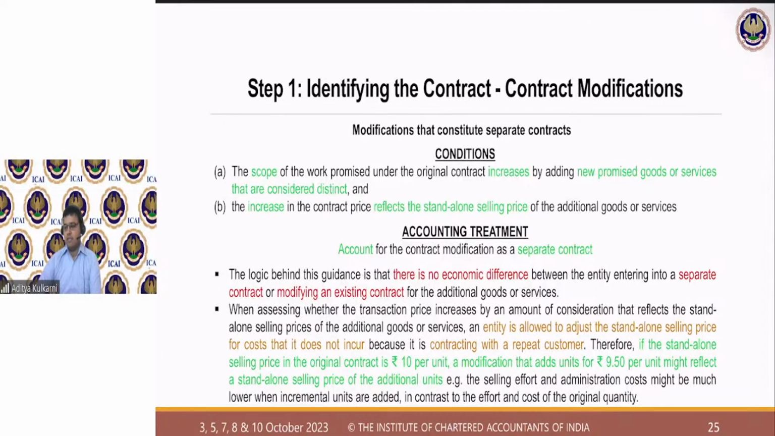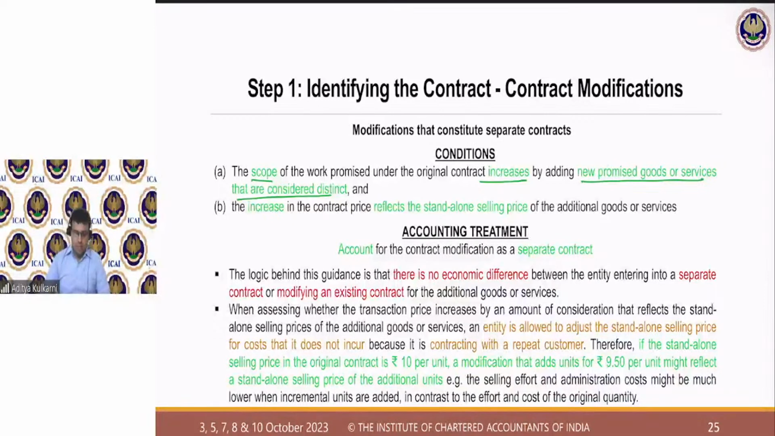The first scenario is the contract modification results in a separate contract by itself. That means what? The scope of the work promised increases, adding new promised goods or services that are considered distinct. That is why I had to do the term distinct goods and services in advance, because now you will not have any difficulty in understanding what is the meaning of goods or services which are distinct in the context